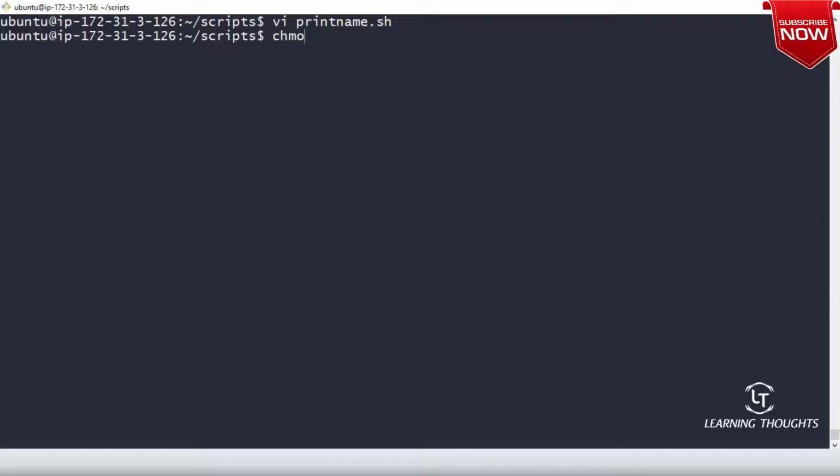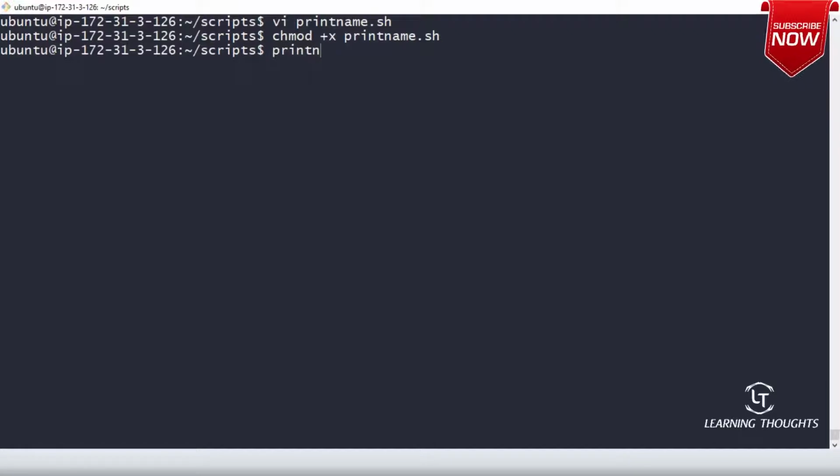And after that, I have to give chmod plus x, give execute permissions, and then let me execute print name. So dot slash print name dot sh, and then let me pass a value.